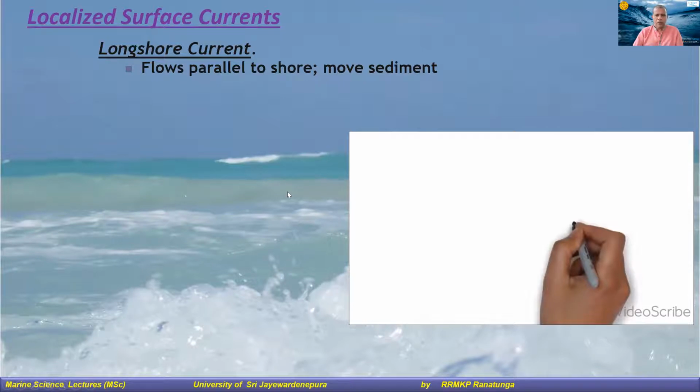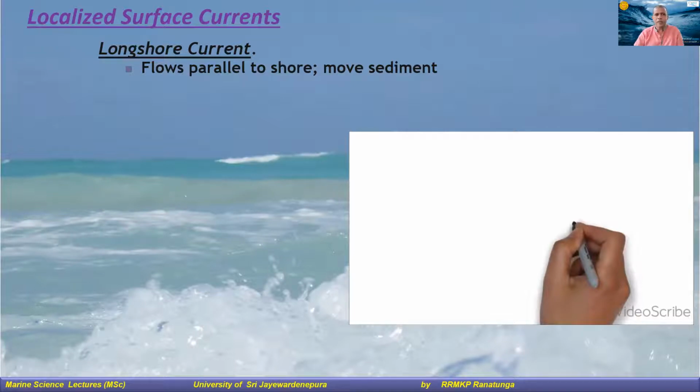So that's about the ocean currents, basically the wind-driven currents as well as the deep ocean currents. But other than that, there are a few other currents, a little bit localized actually. Of course, there are also the tides, which we'll discuss later on. There is also a video already uploaded.